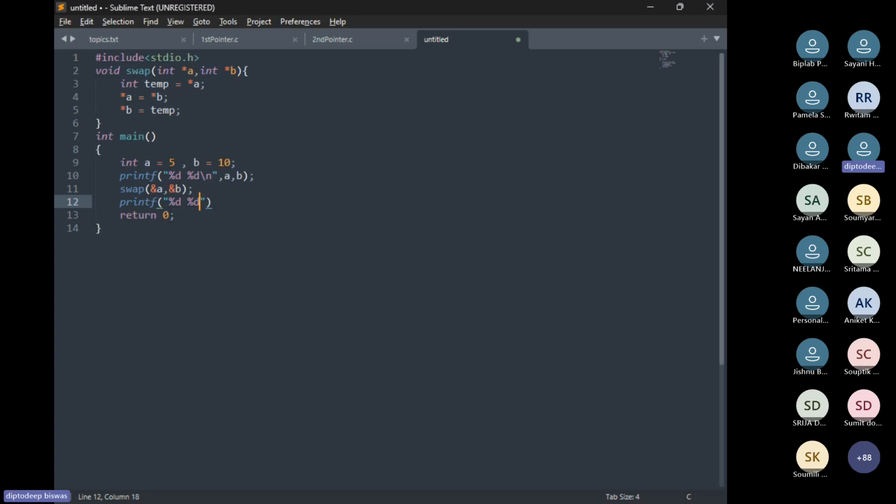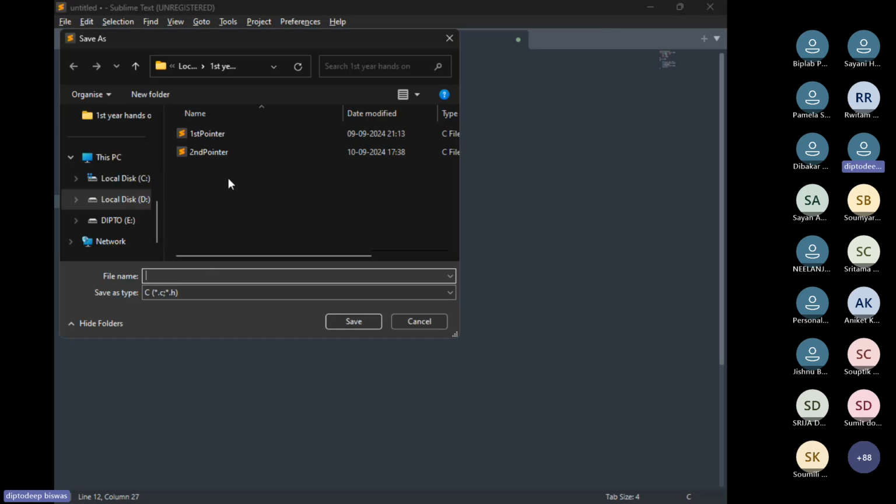Now we change the value, that is a and b. Let's see if our swap function worked or not. Okay, so guys, let's check it. First, you save it. Obviously, save it in your folder. So save it as